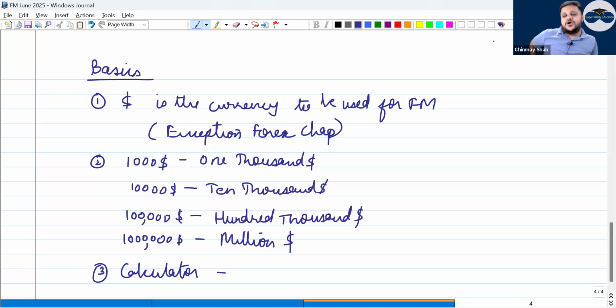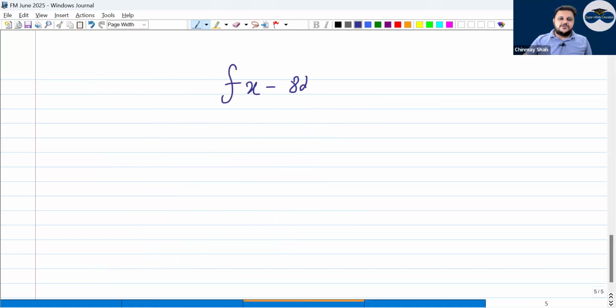A lot of people ask, sir, if we want to buy a scientific calculator, what to buy? I used to use a calculator named FX-82MS. I'm not saying you use this only, but any FX range should work out. Sir, can we take 2 calculators in the exam? A lot of you might have a genuine doubt. Can we take a normal as well as a scientific calculator? Sir, for 98% we'll use the normal calculator, but for the 2% where we need scientific, we want to use scientific only, right?